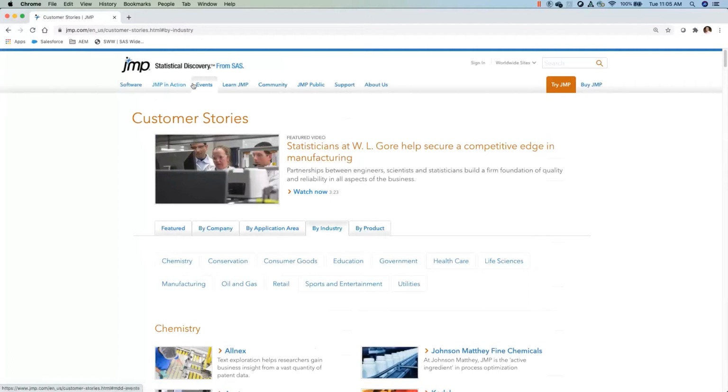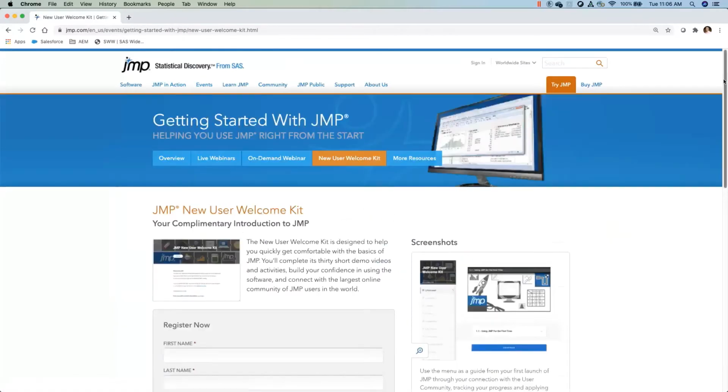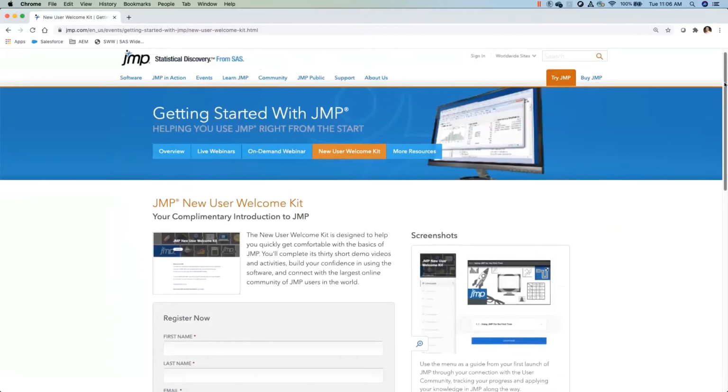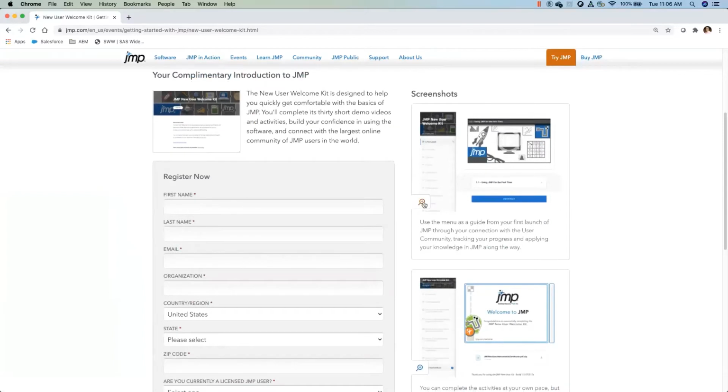Okay, now I'm going to move over to this tab called Learn JUMP. And a great way, if you are new to JUMP or your students are new to JUMP, is you can send them to this new user welcome kit. Oh, I have to log in. I apologize about that. But what you're going to get here, and I'm going to zoom that in,